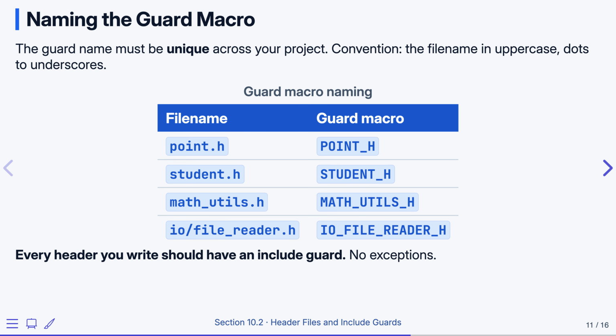The guard macro name must be unique across every header in your project. The standard convention is to take the file name, write it in uppercase, and replace dots and slashes with underscores. So point.h becomes POINT_H. Student.h becomes STUDENT_H. Math_utils.h becomes